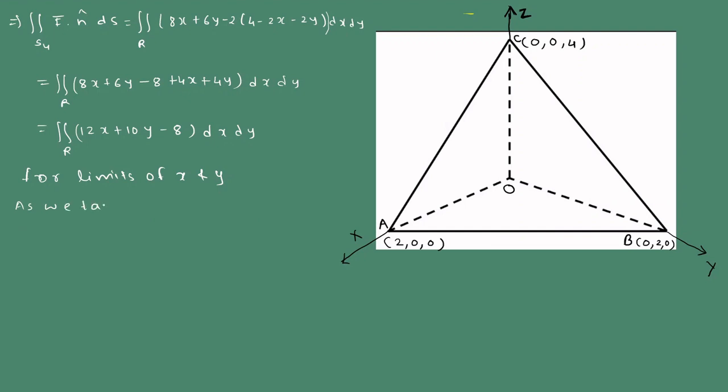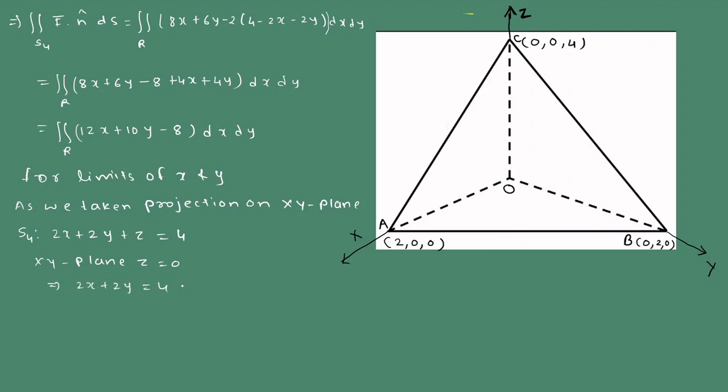As we have taken the projection on the xy plane, that means as S4 is 2x plus 2y plus z equals 4, and xy plane means z equals 0, that means it is 2x plus 2y equals 4, that means x plus y equals 2. So for the limits of x and y, this is the intercept 2 comma 0, and 0 comma 2, and this is x plus y equals 2. If we consider the vertical strip here, so y varies from y equals 0 to y equals 2 minus x. So here